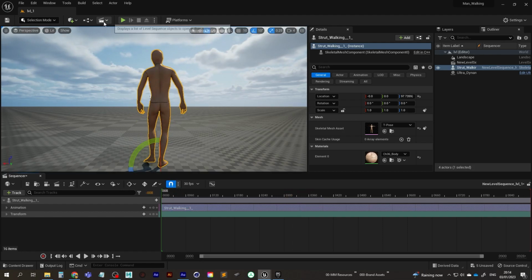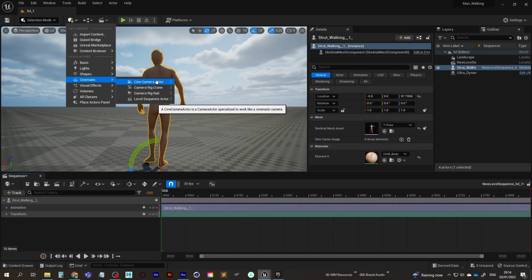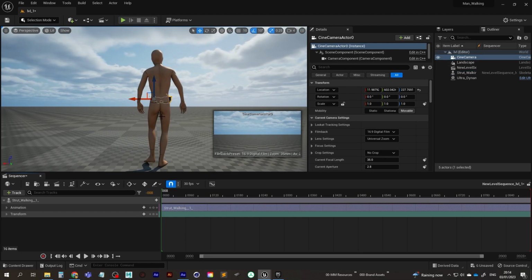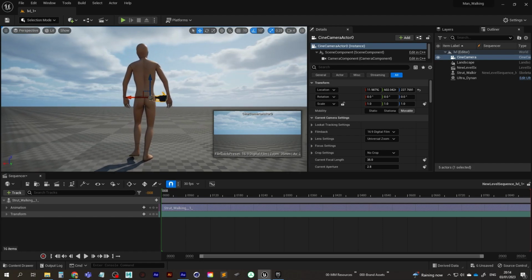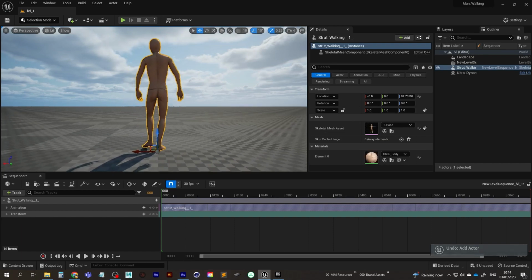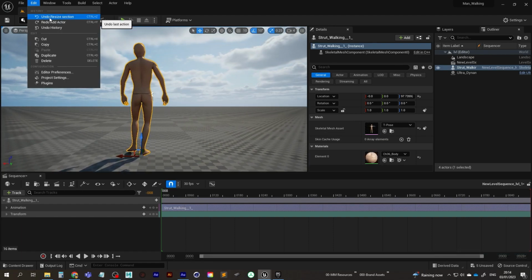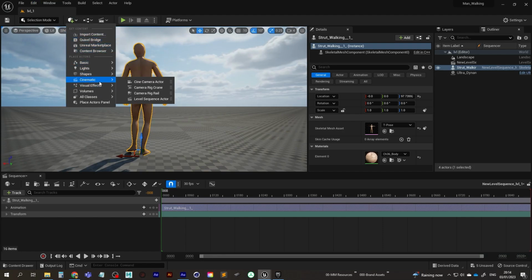Cool, so the next thing we're going to create is a camera. So we're going to go to, where is it? So click on this add button here, go to cinematics and create a Cine Camera Actor. Now what we can do before we even look through the view of our camera, which is kind of pointing over in that direction, you can see what the camera sees here. We're just kind of going to get it as close as possible as we want. Oh, I pressed Control Z there actually. I got rid of my camera, I'll just create a new one.